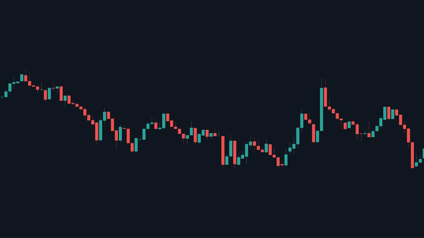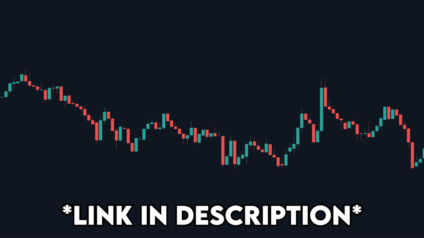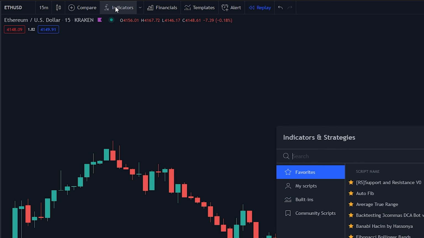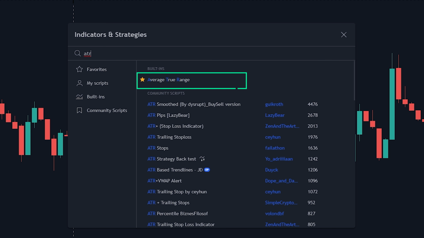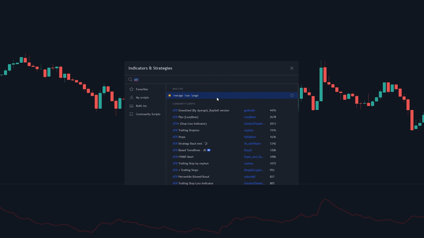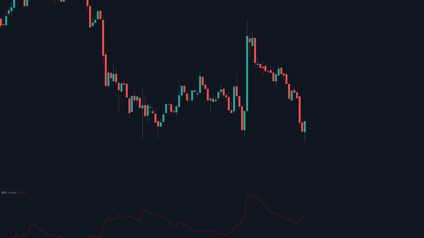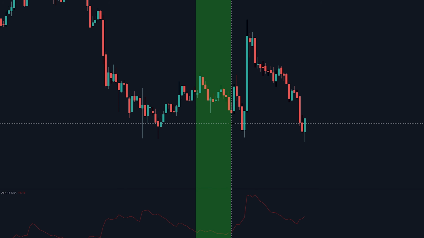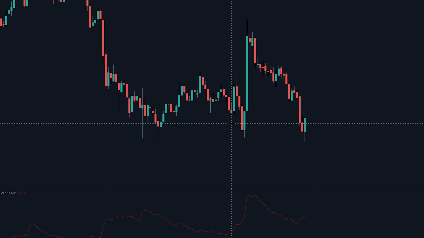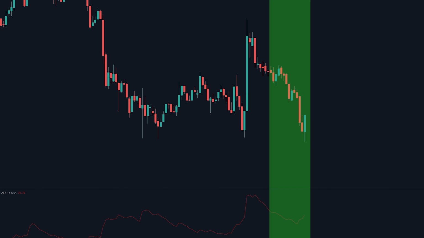First things first, get on your chart platform. I use TradingView, I'll leave a link in the description. Go to the indicators tab and type in ATR for average true range. This will put the ATR on the bottom of your screen. Now, it's also important to note this value in the top left will change based on where your cursor is. So if you have your cursor in the middle of the chart, it's taking the past 14 candles to the left of that line. So when reading the ATR, make sure your cursor is all the way to the right of the price or off the chart completely. In this example, this number is the average candle size from the past 14 candles for Ethereum.